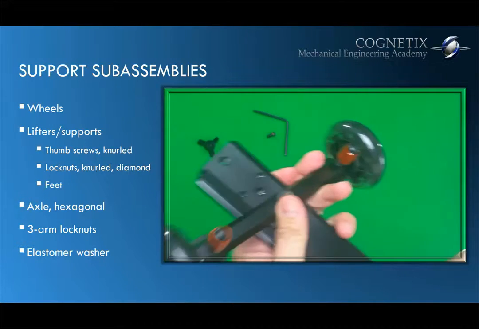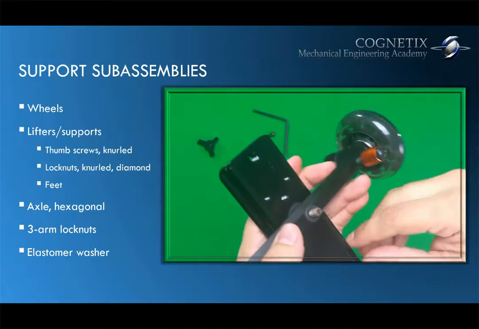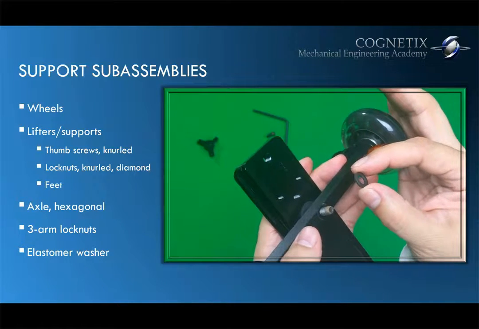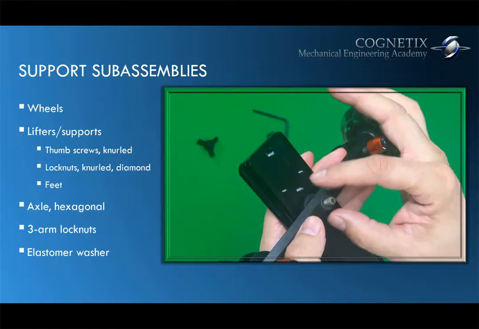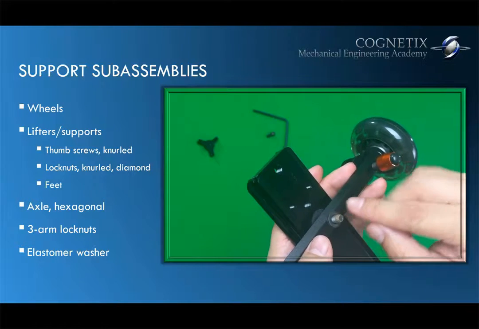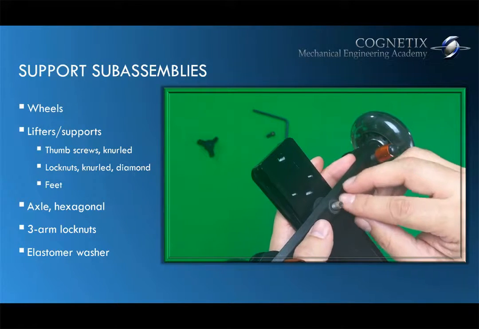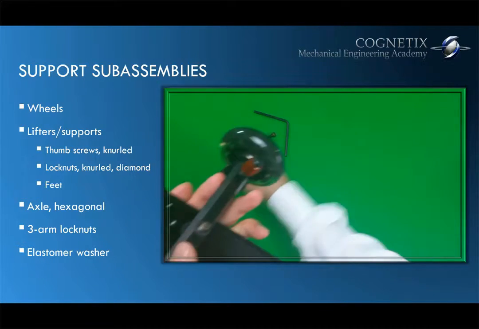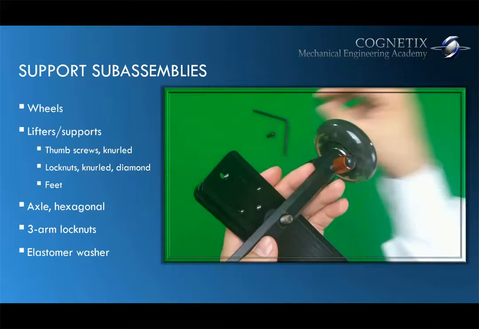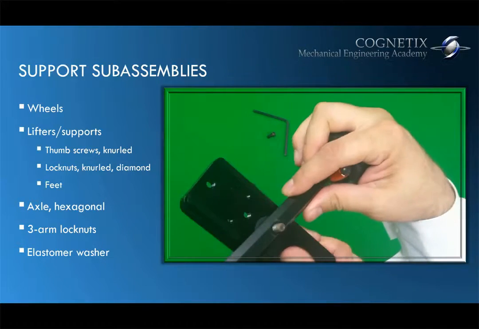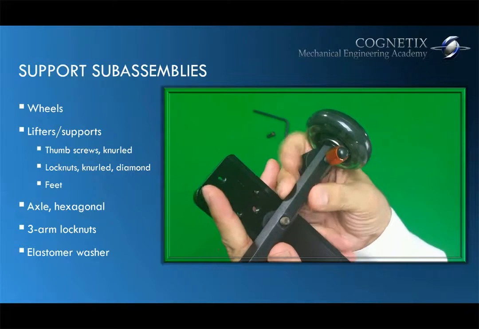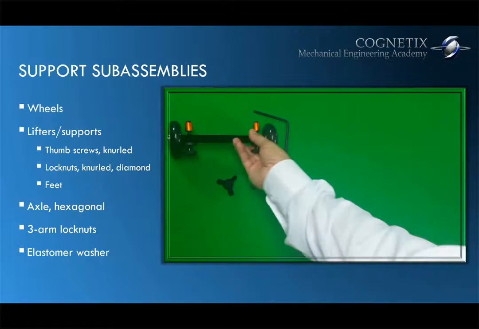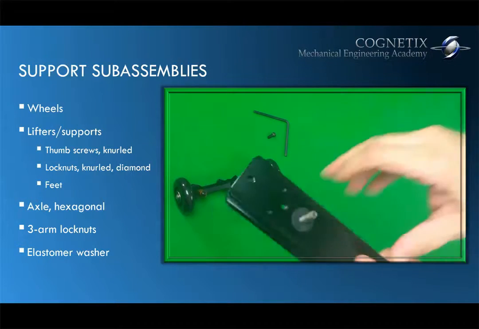First thing, after the lock nut comes off, we see that there's a washer. Okay, washer is going to protect and make this whole securing and joint more reliable, smoother. So remove the washer for now. We're going to take out this support sub-assembly that comes with the wheels. Okay, we'll talk about that in a second, but before we go ahead and talk about that, let me point out